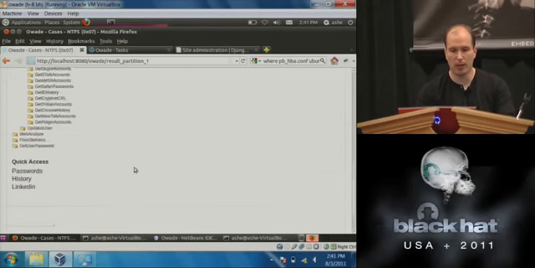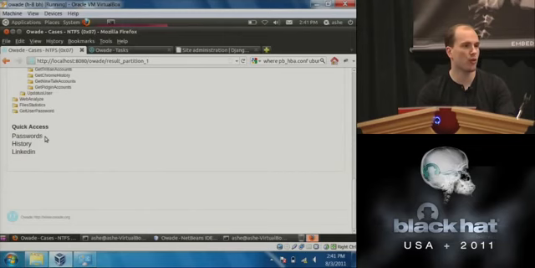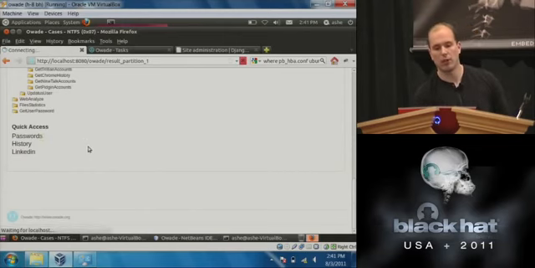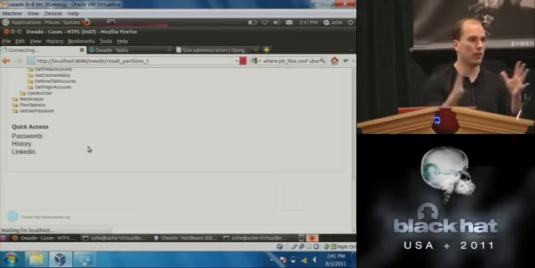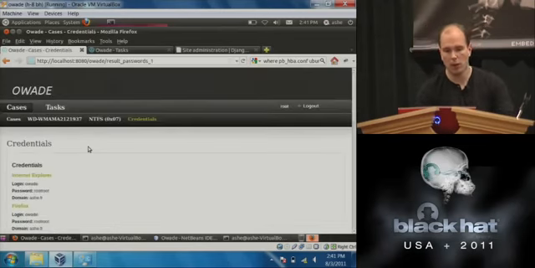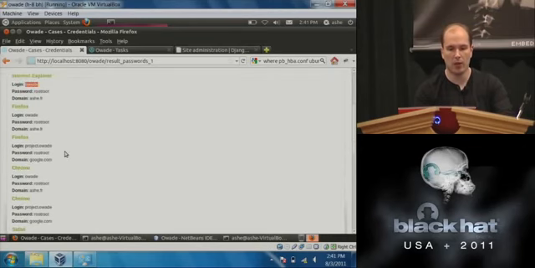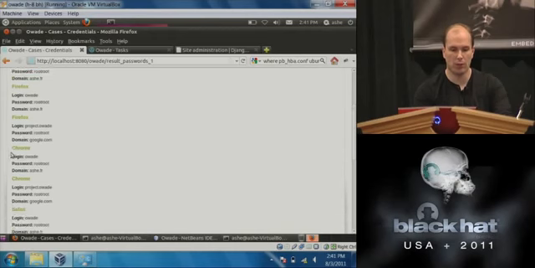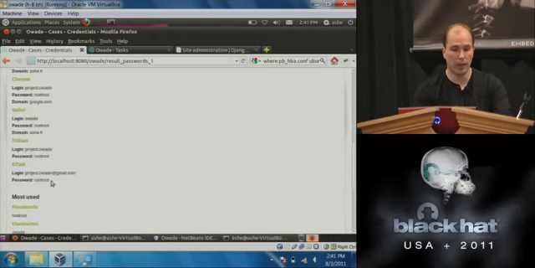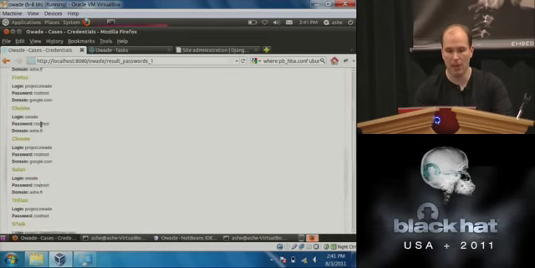from Google. If you want to have a quick access to the passwords, we have a short page for that. You click on password, and basically OWADE is just going to display you all the lists in an aggregated view, so you just have a quick look. So from Internet Explorer, we find a password for the domain as ash.fr with the login OWADE, and we have it from Firefox, and we have it from Chrome, and you have a Gtalk account here, a Trillian account, and you can see all of them in one unified page.